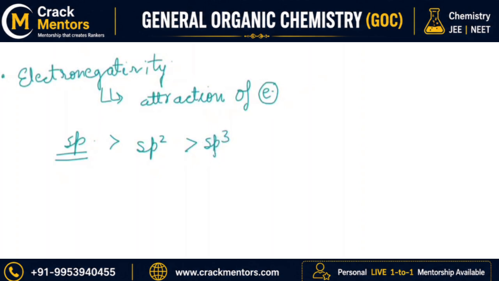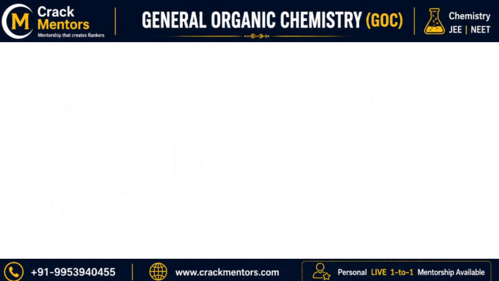But if I give you the exact values of electronegativity, this will be of utmost importance for you. So sp electronegativity is 3.1, sp2 it is 2.8 and sp3 it is 2.5, and these are must-remember values. These are your important values. I hope up to now all these things are clear, but if I summarize and make a master comparison table for you, I will write bond length, then I will write bond strength.